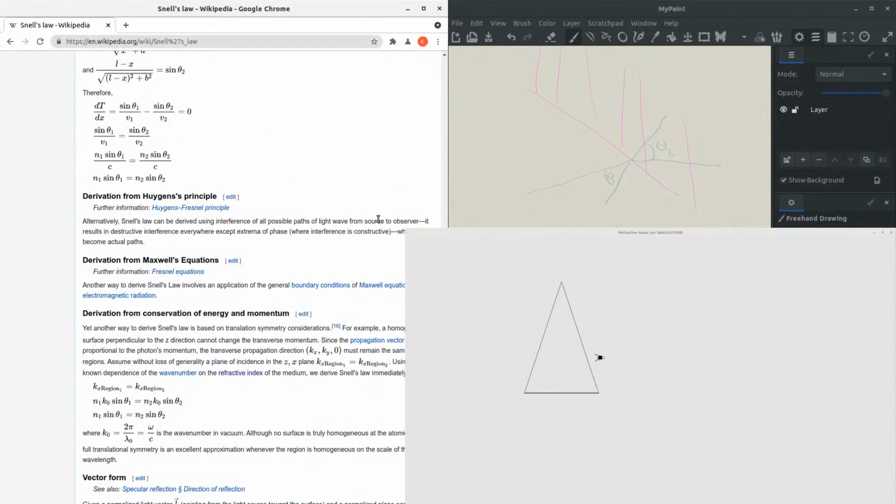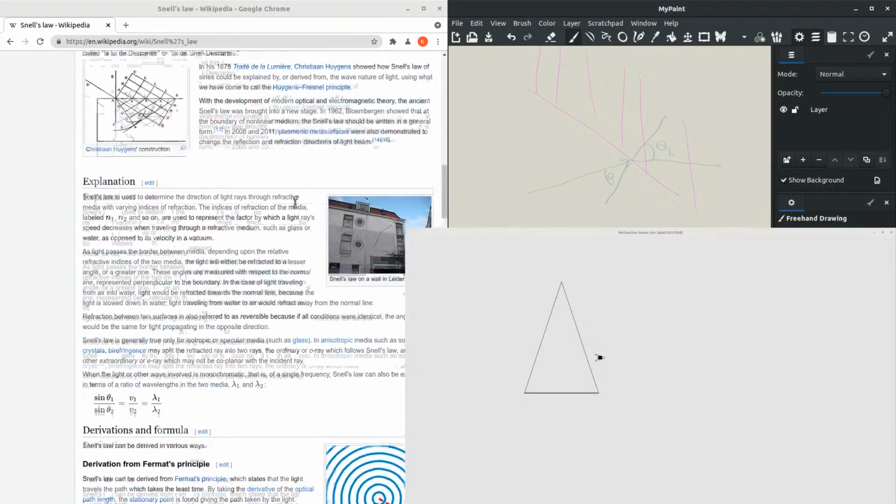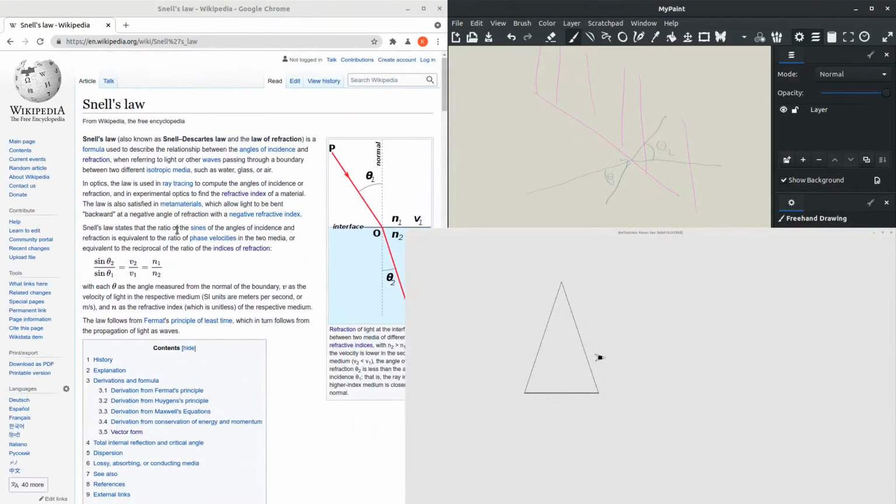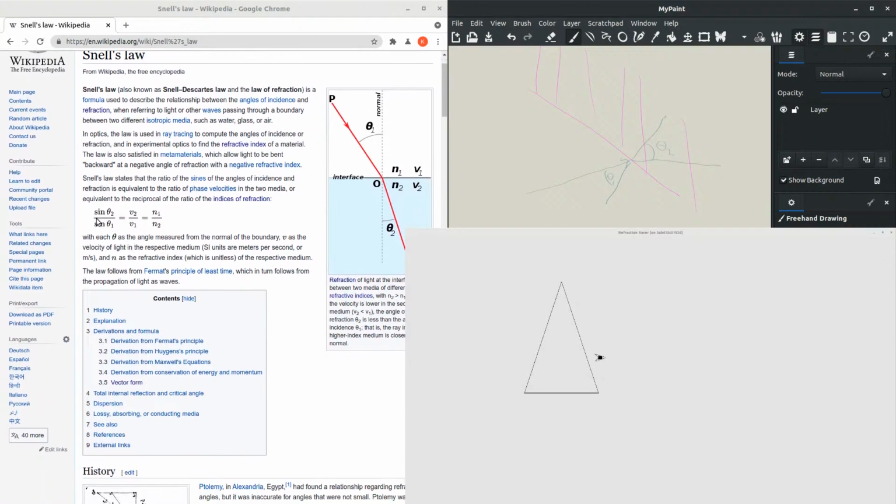So we go in at one angle and we come out at another. That's what's defined by Snell's law. And it's very simple: we have our input theta, our output theta, the sine of it, over the,